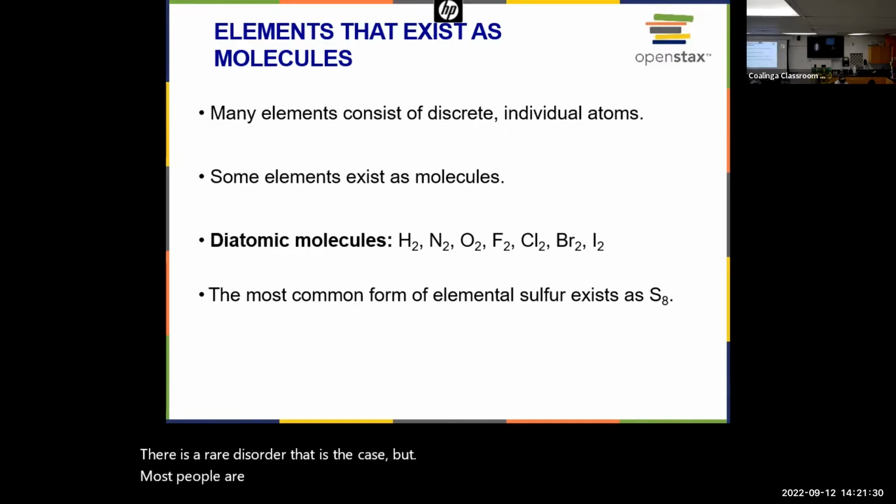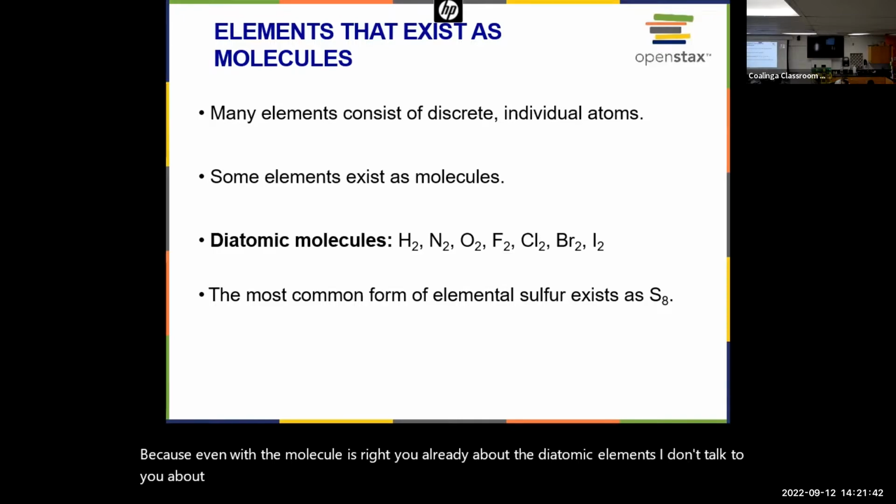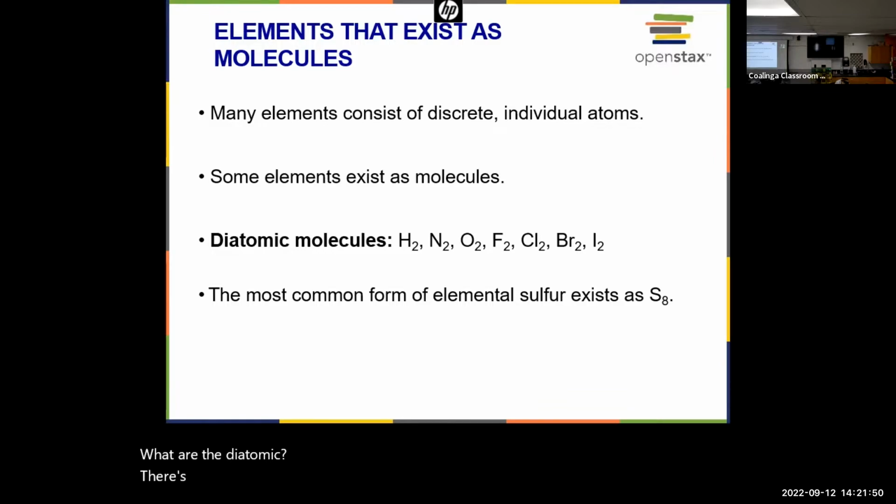Okay, so we know that elements are going to exist in molecules. You already know what a molecule is. We already know about the diatomic elements. I don't even talk about it. What are the diatomic? There you go. Have no fear of ice cold beer. That is correct. And we also know the ones that are polyatomic are,